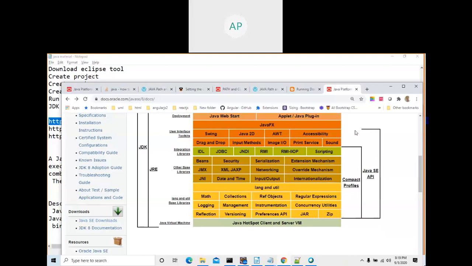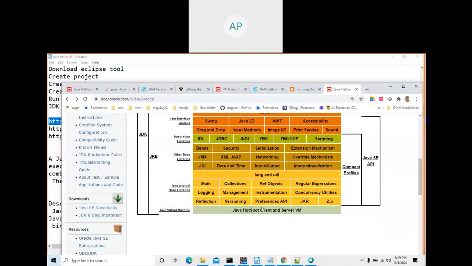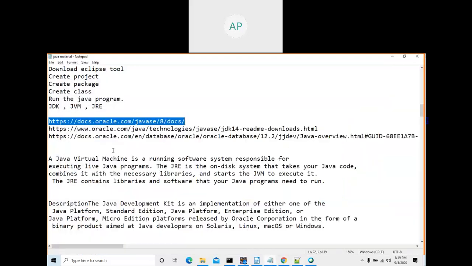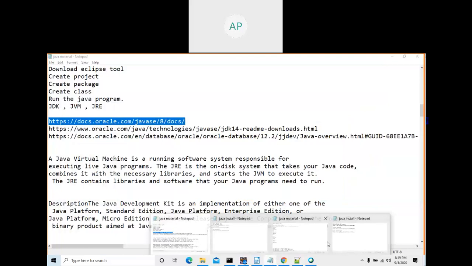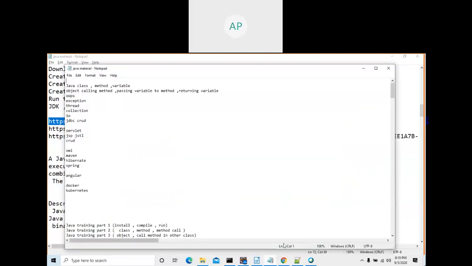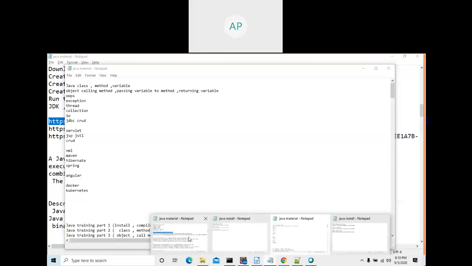Your first step is to install Java, then see this diagram and understand what JDK is and what JRE is. Where is your Java virtual machine? It is part of JRE, and JRE is part of JDK. The Java virtual machine runs your dot class file. First your dot java file is compiled to a dot class file. That dot class file contains bytecode. So first install Java, then go and see what bytecode is. You can learn this on your own. What is Java? Where is the Java material? This one, the Java material.